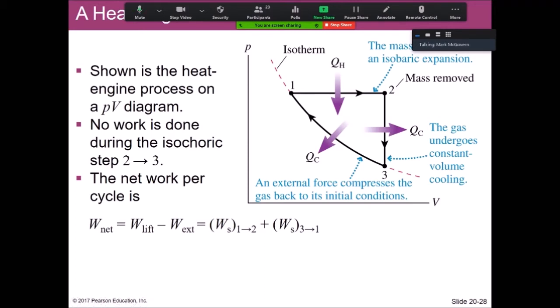We can see where the heat goes in and where the heat comes out. If you want to calculate the work that's done, you calculate the area bounded by the cycle here, which would also, by the way, be equal to the amount of heat put in minus the amount of heat extracted out. They won't be the same, but that difference will be equal to the work. And so you can actually calculate in both ways. You can calculate the area bounded by the cycle here. You could also calculate it if you know the amount of heat that's being put in and taken out. So that's a really simple, really nice way to do that.